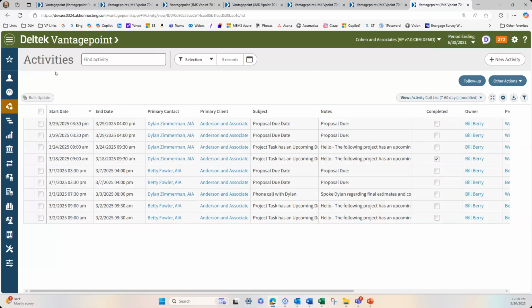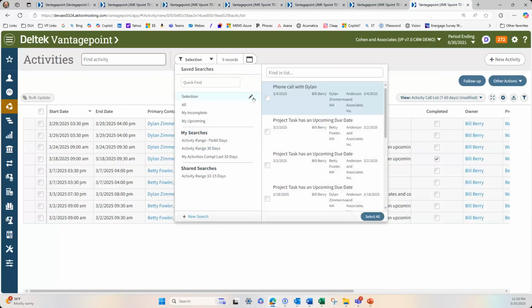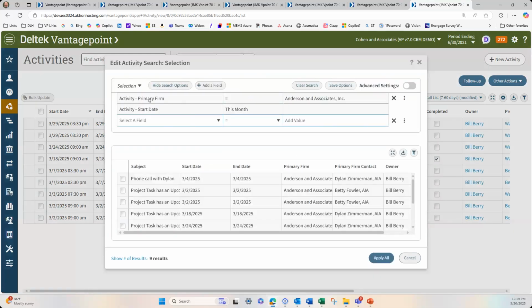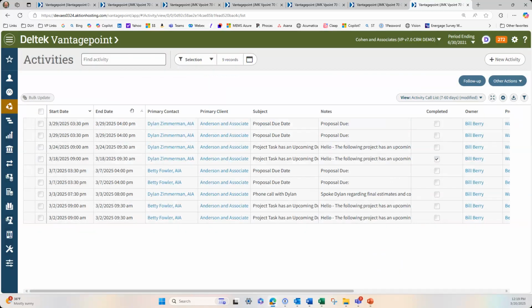Here I'm in the activities. In this case, I've created a selection saying I want primary firm is Anderson Associates, and the start date being this month. So I can look at these project activities, and you can see I have a lot of them due this month, but this is a demo database, so there might be some data that is a little overlapping, but again,